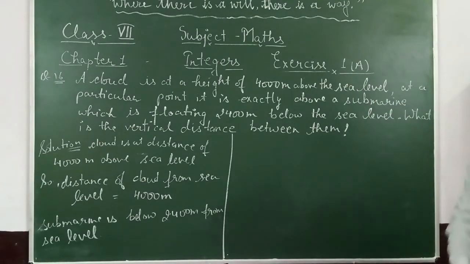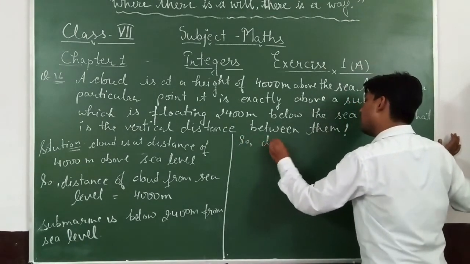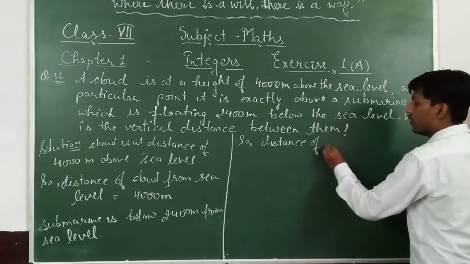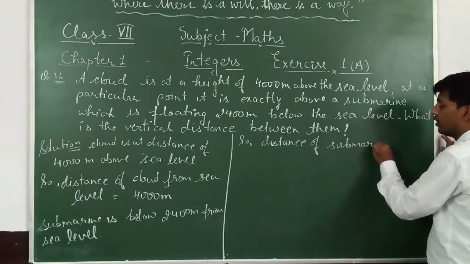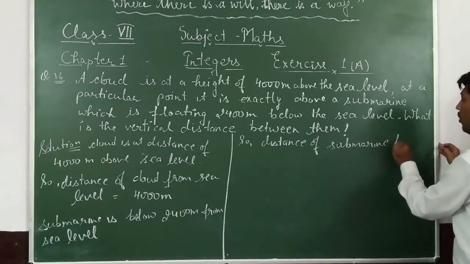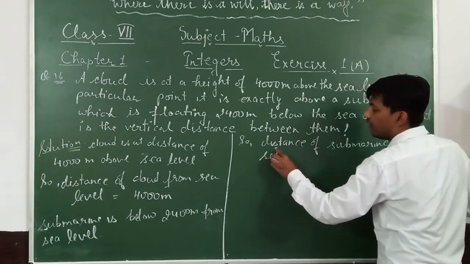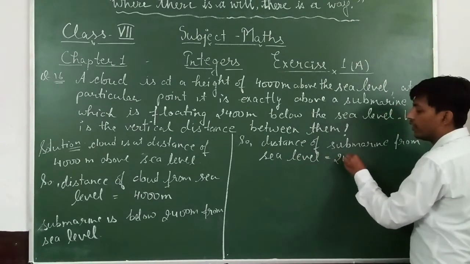So the distance of the submarine from sea level is 2400 meters,